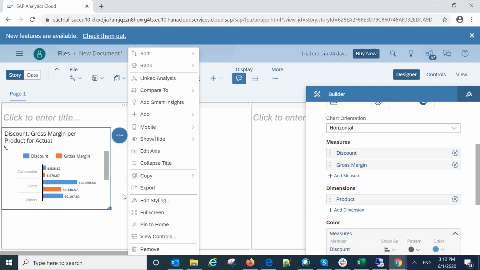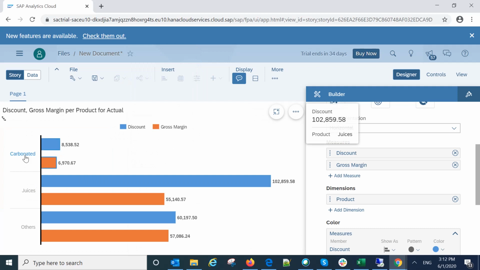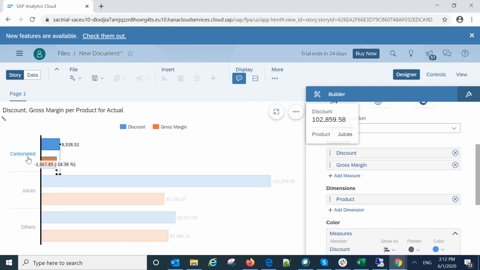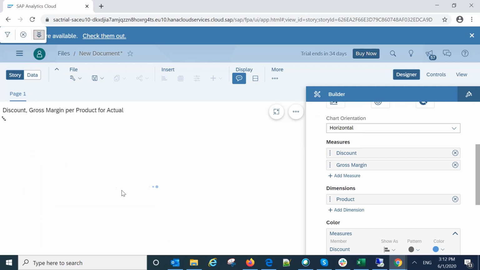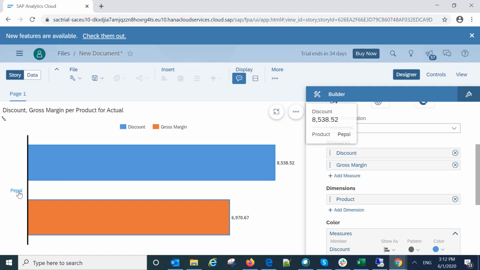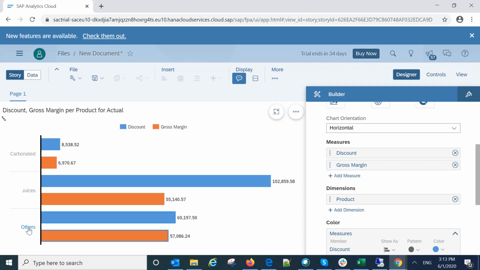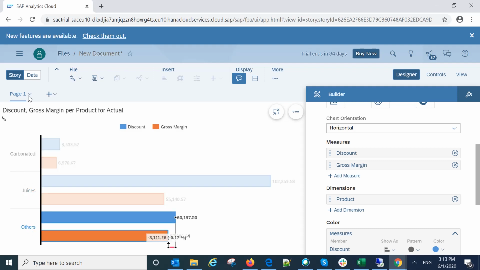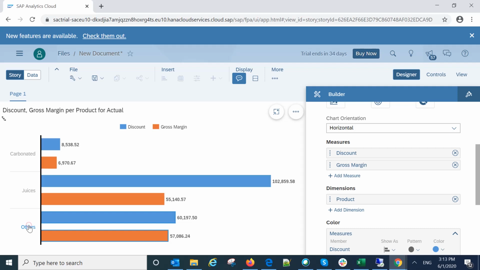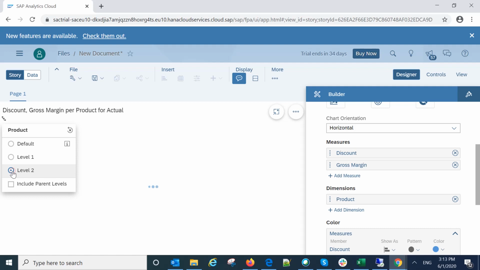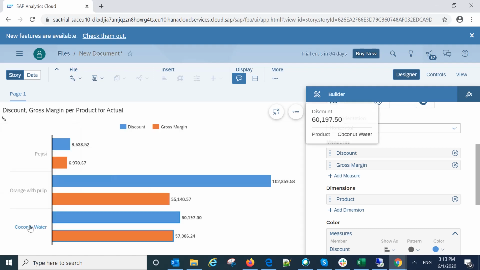Now if you click on this product, you get a feature of drilling, which is available here. We can drill down to the next level. You can see that first it will appear as a category. So there are three different categories, and we can go through this as a drill down, or we can click on this hierarchy icon here and say go to next level. This way we can see how hierarchies are working.